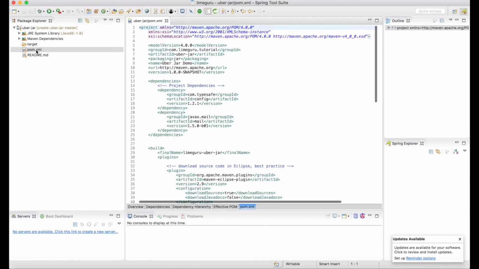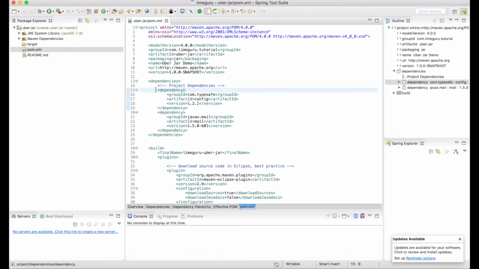An Uber jar is basically a jar through which you can export your project as a jar file, but this jar file contains all the dependent jars also. So all the dependencies, like in this pom.xml, where you can see I have multiple dependencies, will be included as part of your exported jar file. Also all the transitive jar files: for example, I have included this type safe config as a dependency in my project, and this can further depend on other dependencies, which are the transitive dependencies of your project. So all the dependent jars as well as transitive dependencies will be part of your project jar whenever you build this project.